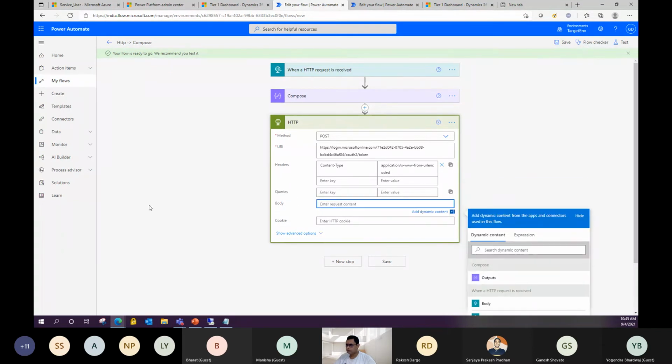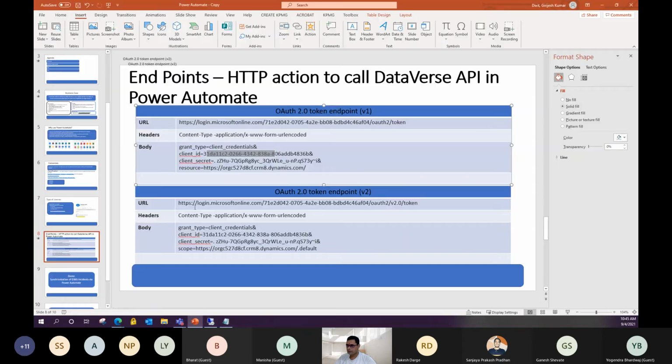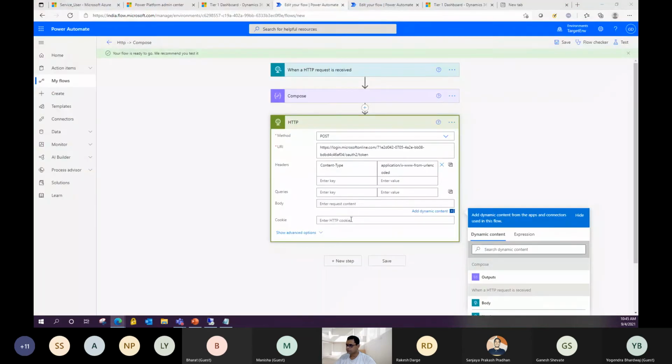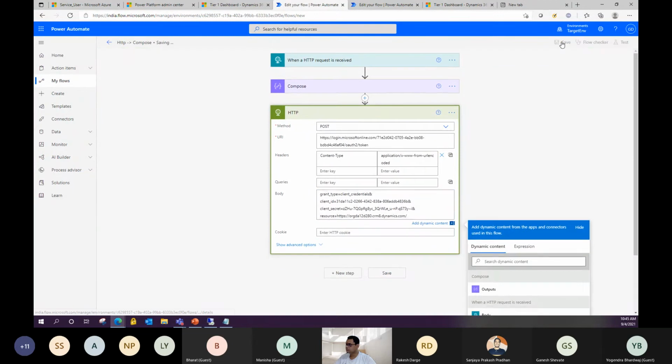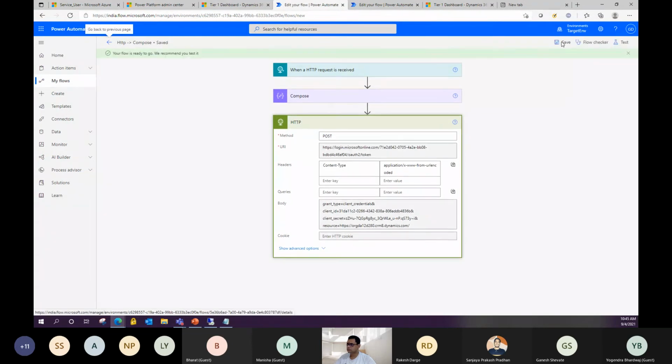On the body side, I am just going to straight away copy what I pasted here and paste it over there. So now we are done with the authentication for the source environment.